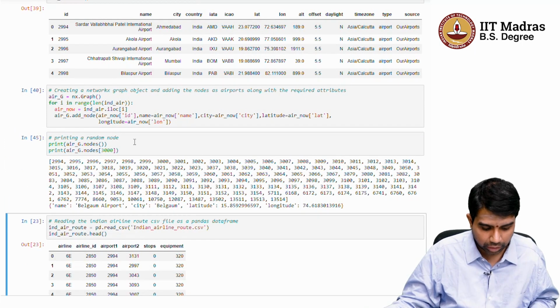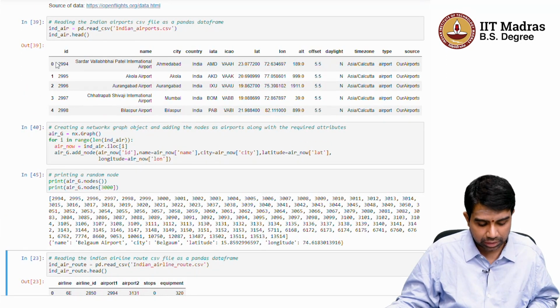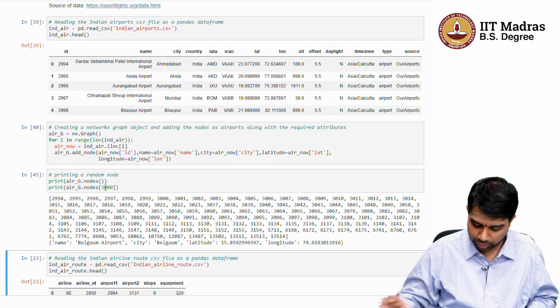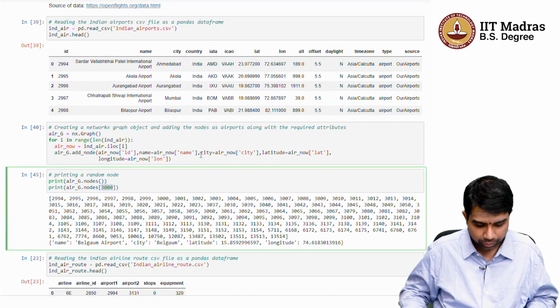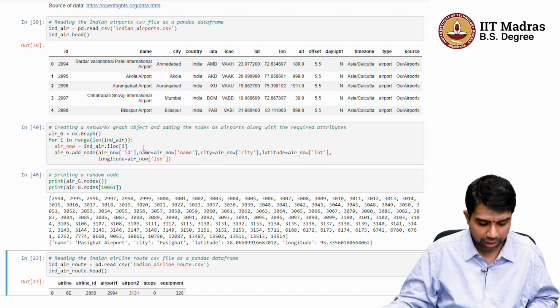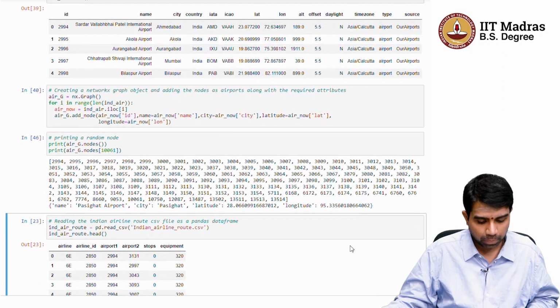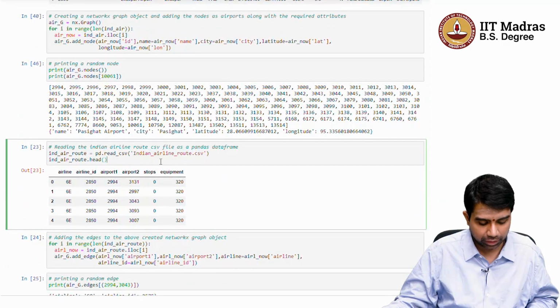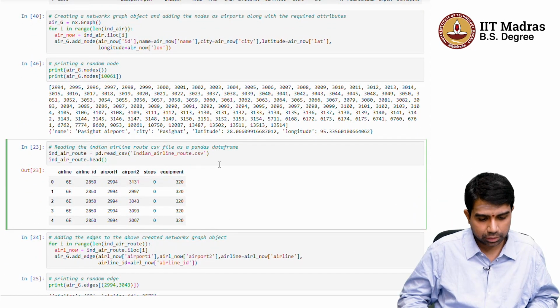Yeah, so these are your IDs 2994, 2995 and so on, right? So these IDs are how you can, so let's look at this. So this is a particular airport, and what is its latitude, what is its longitude and so on. You can also read it as a pandas data frame, and